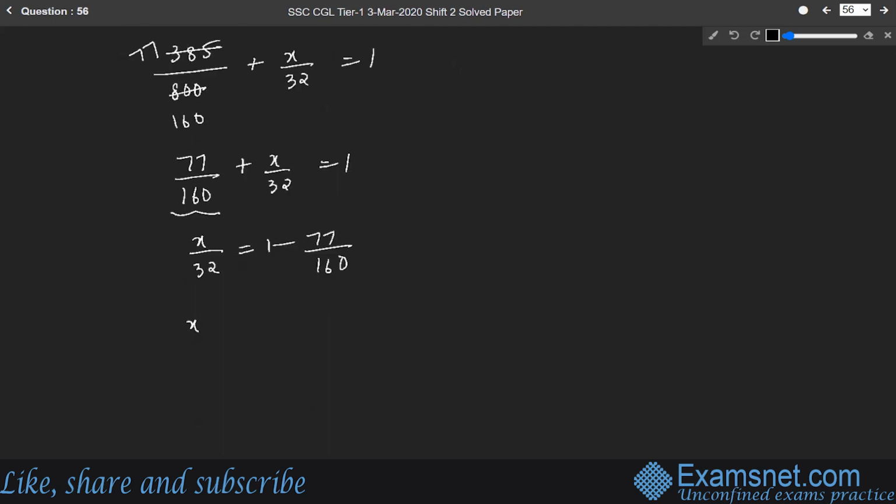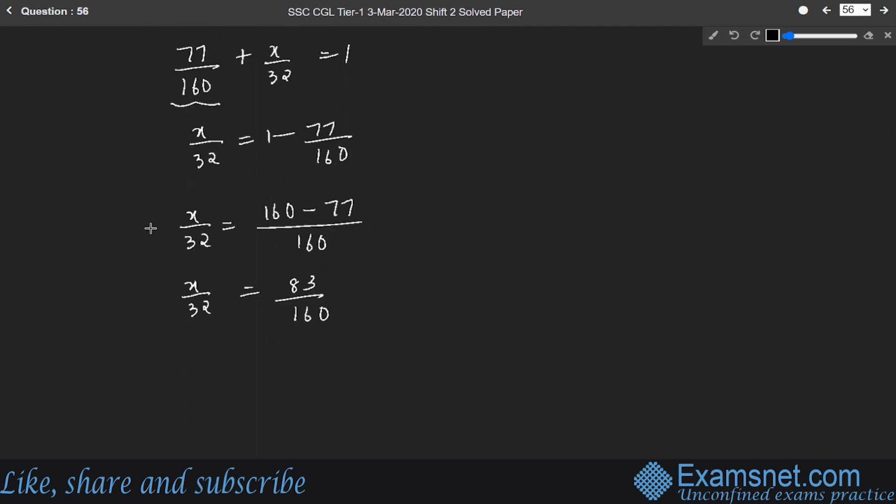Now, x by 32 will be equal to, we have to take the LCM. LCM will be 160 and the numerator will be 160 into 1, which is 160 minus 77. Okay. So x by 32 will be equal to 160 minus 77, which is 83, divided by 160. Now what we have to do is just cross multiply. So x into 160 is equal to 32 into 83. So from here x will be equal to 32 multiplied by 83 divided by